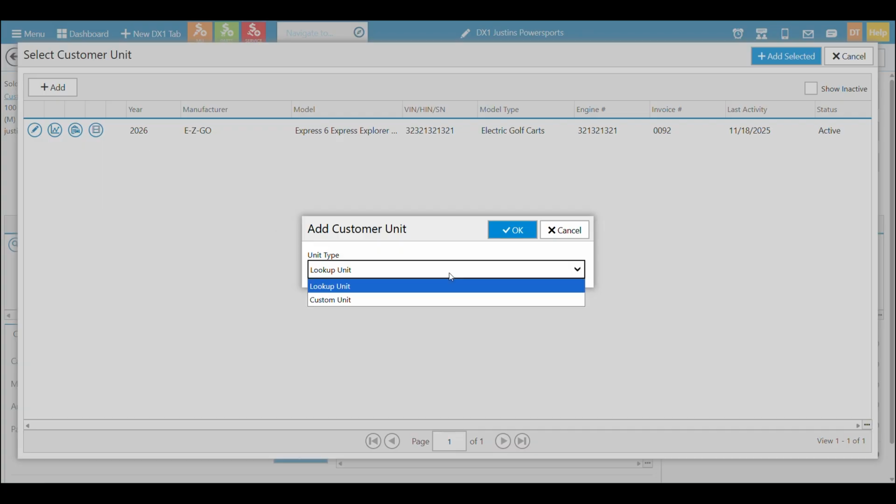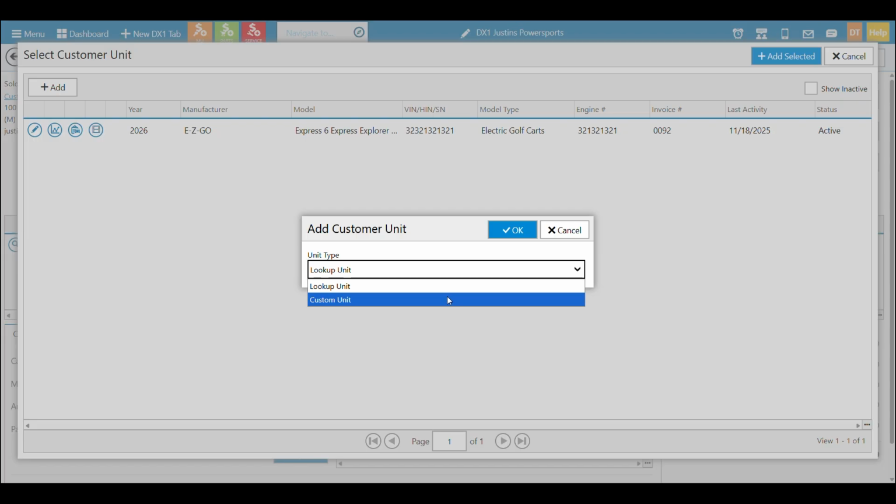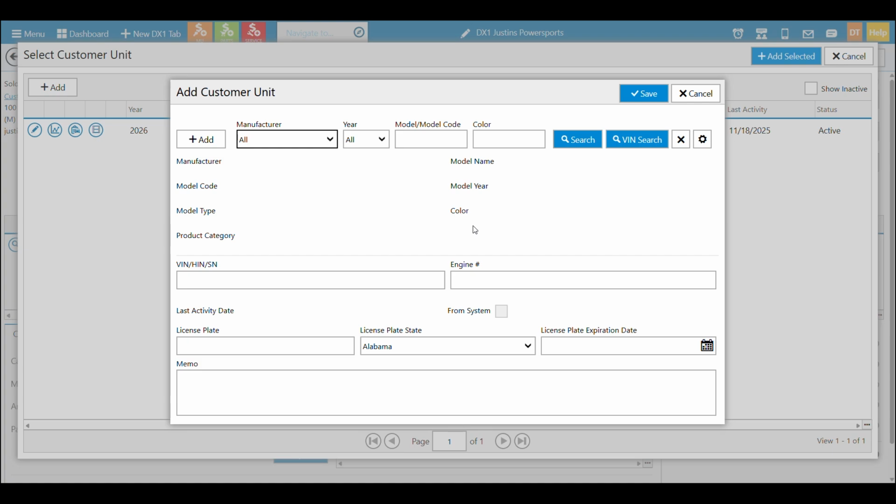And what I want to do is look up the unit first. I see a lot of users go straight to custom unit. That's not what you want to do yet. Say lookup unit and hit OK. And what this does is let you look through a list of all the model data we have that we're managing. Again, in other chapters, I called that managed data or public data. And we may have everything you need already, details in here to quickly add them.